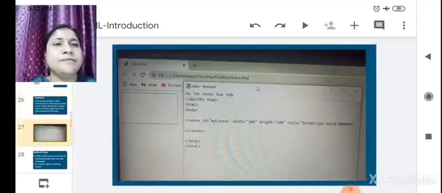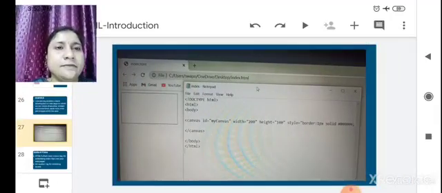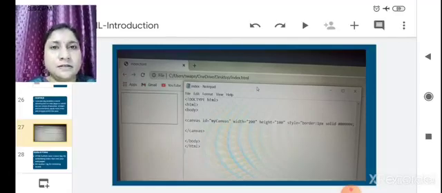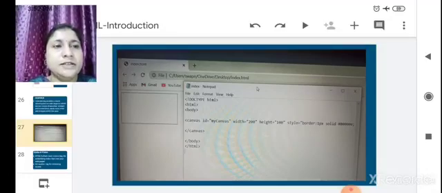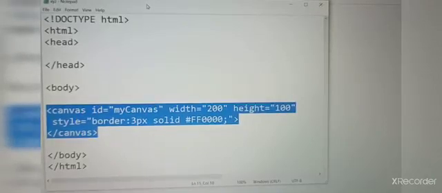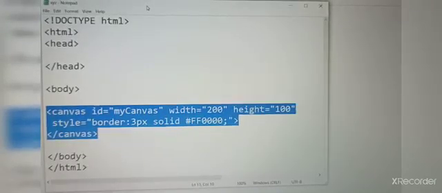Now see here, we have written a canvas in HTML, and you can see on the web page that a rectangle shape will be drawn. Here in the body tag we have written a canvas.